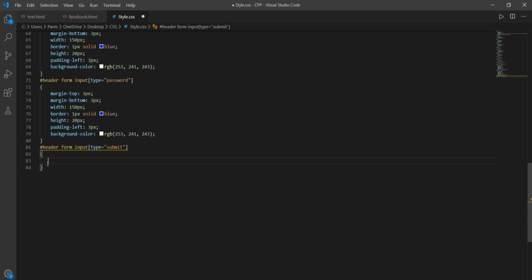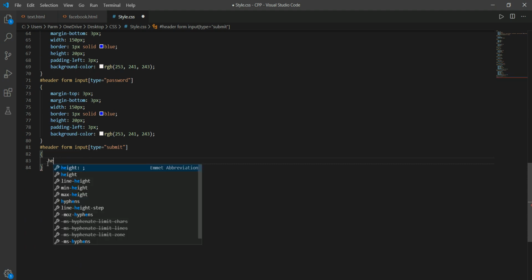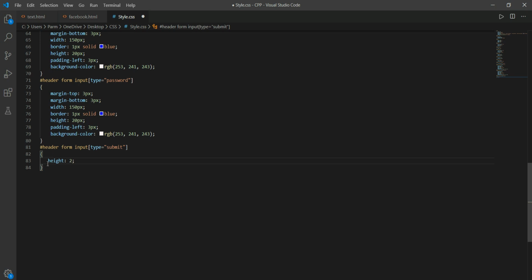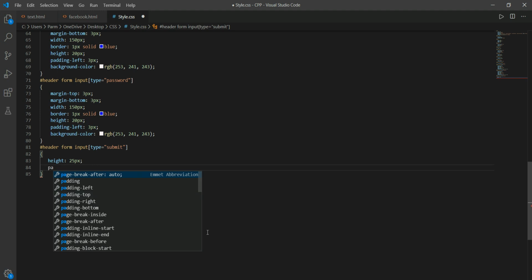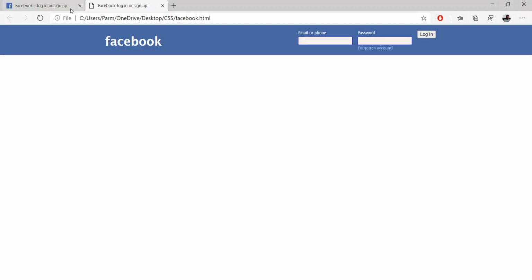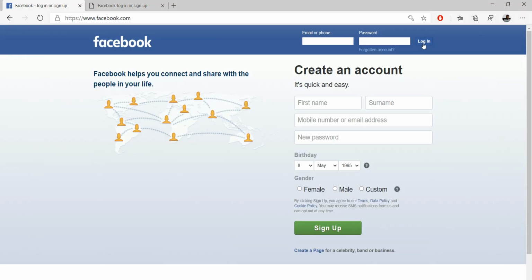So I just wanted to put the height of this button, so height I am taking it around 25 pixel. I'm just setting the height of this button, and as you see over here, there is no space.